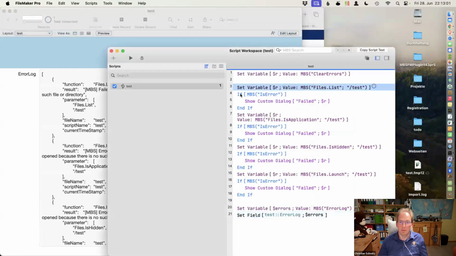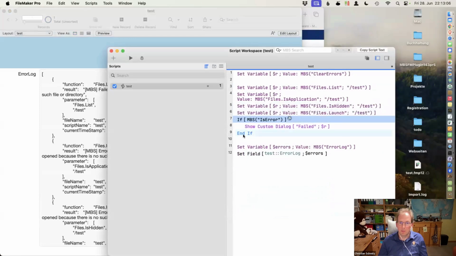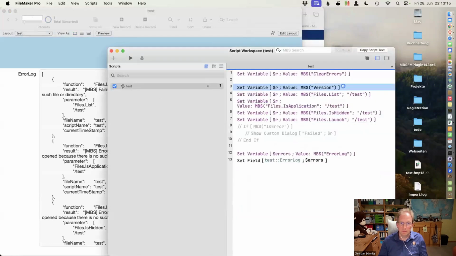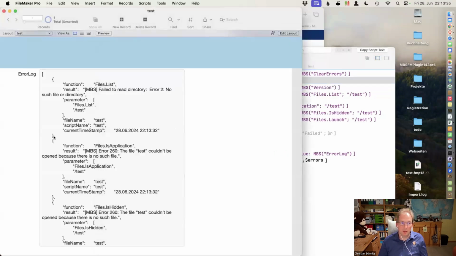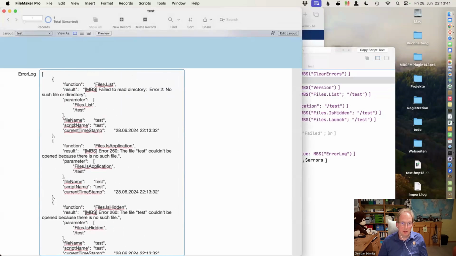So let's say I remove these lines, or at least keep one. Okay, for the example here, disable. Let's say I make a call which is successful, let's say just version. And I always ask people to run MBS version, because if it returns a question mark, the plugin is not installed or active. Especially on the server, people put the plugin in the folder, but they don't activate it in the admin console. So the version function may not work. But here, the version function did work, so it's not in the log. And we just see the errors.